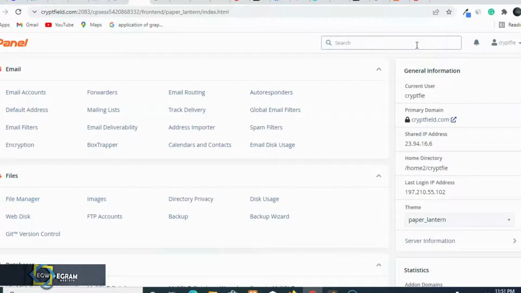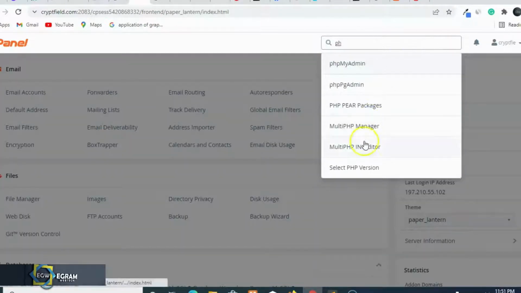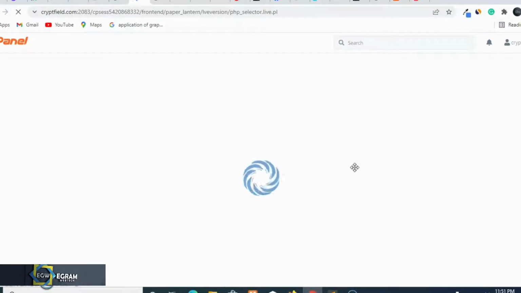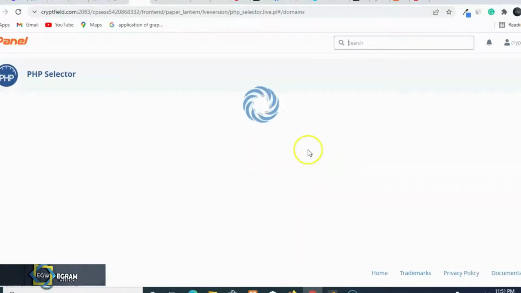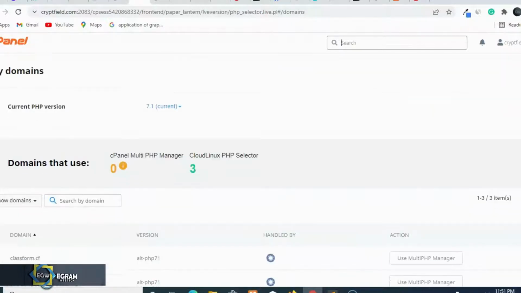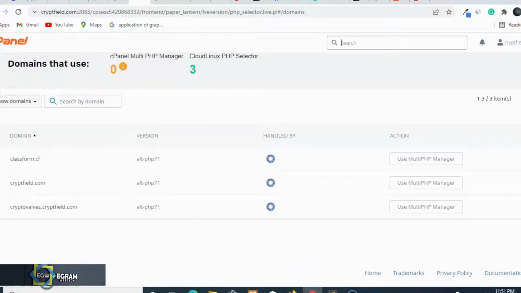Click on PHP select version. Then, not in all cases do we see that error, but anyway, if you see such an error, just follow this step. Because I've configured everything, but let's assume that error is there. So follow this step. Okay, everything here is okay. Everything here is normal.